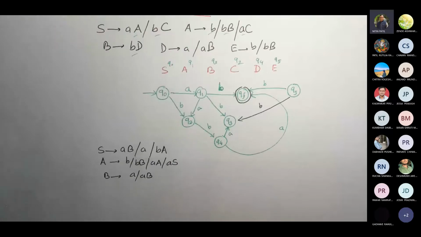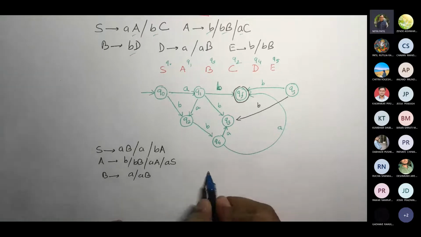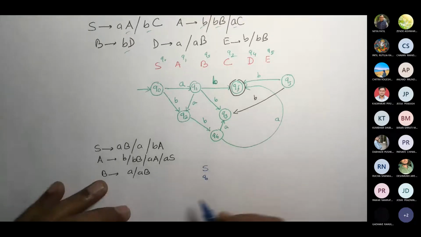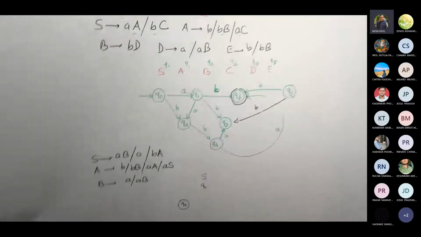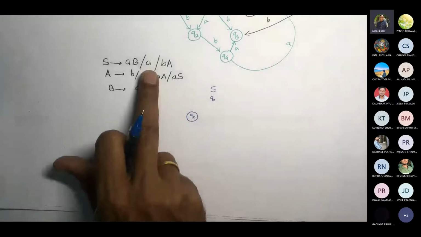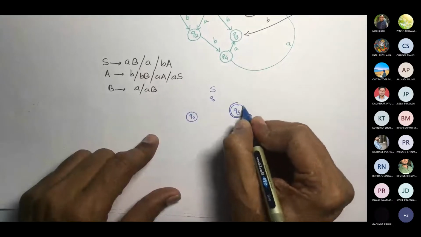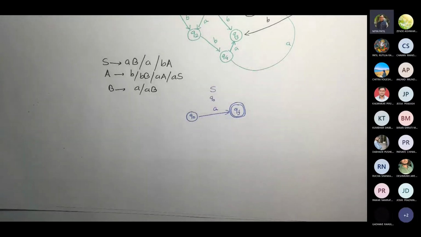Now tell me how exactly we should proceed with this. We will start with S, correct? So let us write the variables. We are going with the order. So this is Q0. Let us start with Q0. So let me draw. This is my Q0. Fine. What should be next? There is A giving a terminal, so let us draw QF here. This is your final, A, correct?